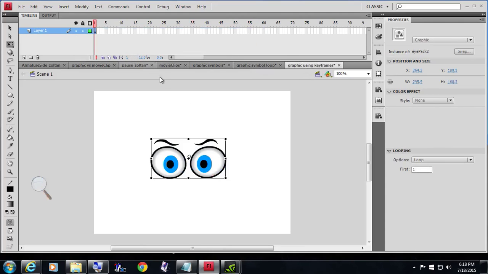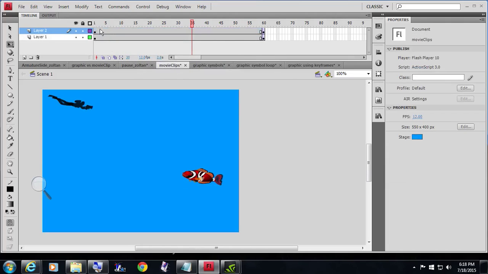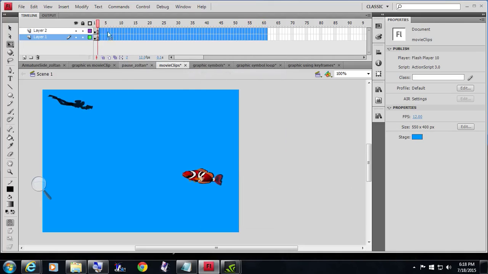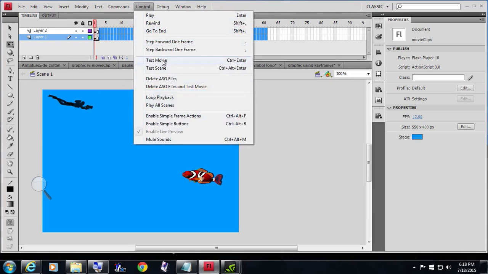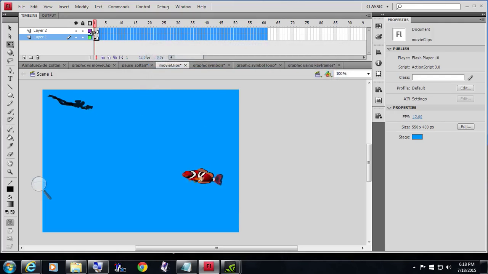And so that's the difference between graphic symbols, which is what this is, and movie clips, which is what these are. So see, if I take off all of this and none of that is there, and I remove those frames, there's these two guys, whether there's 2 frames on here or 6 frames or however many frames are on here, they're going to move just within their own movie clip. See, so they're going to do the thing that they do whether I move them or not. And that's what movie clips do. But you can't see movie clips on this timeline, no matter how many frames I got in here. If I have 10 frames in here,